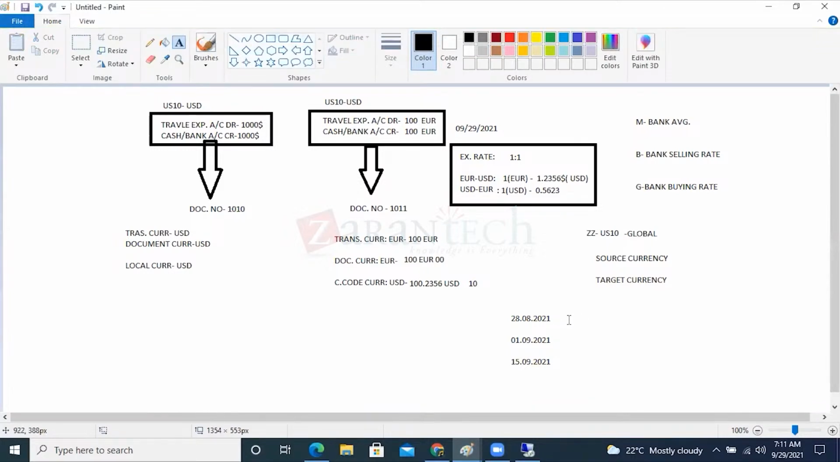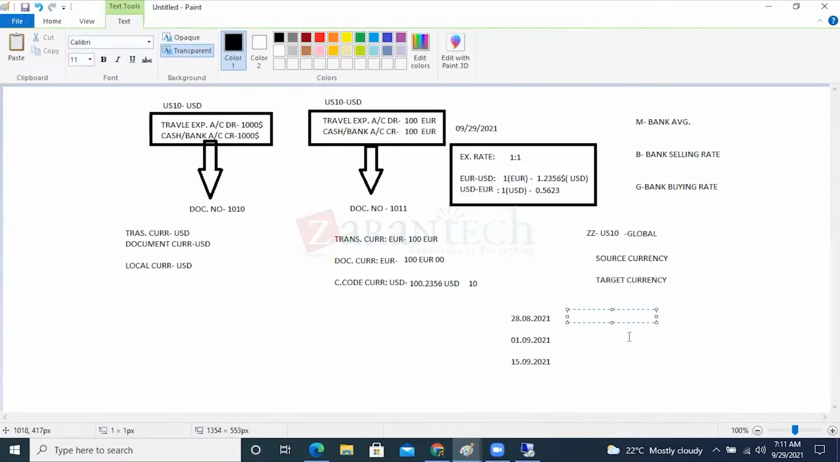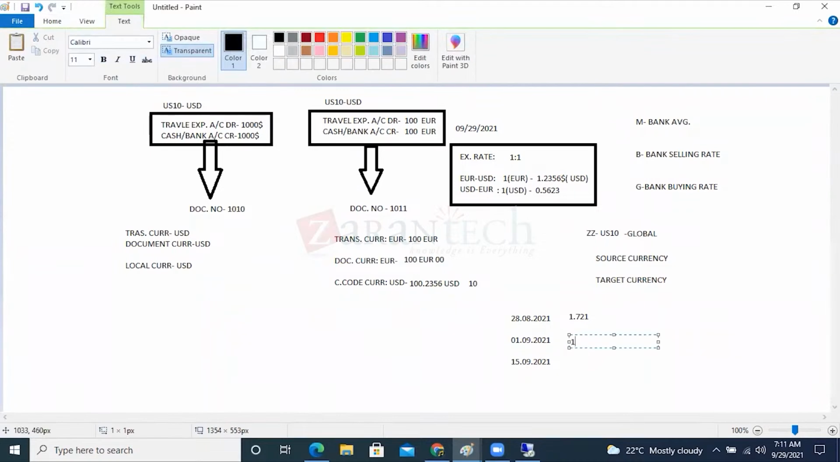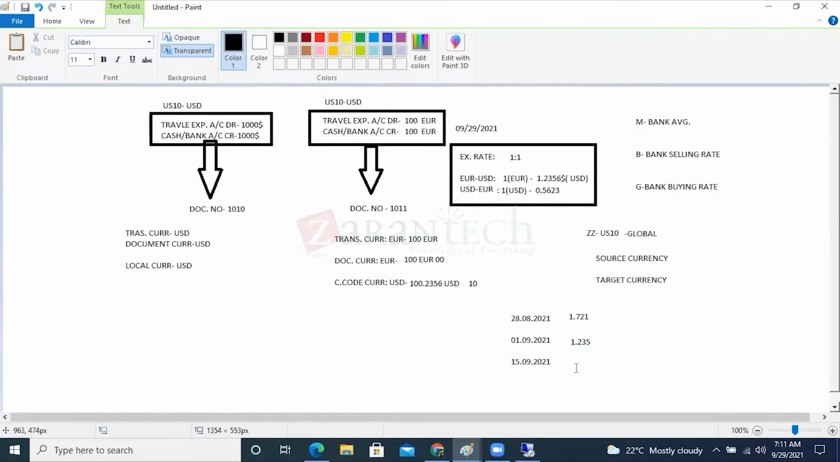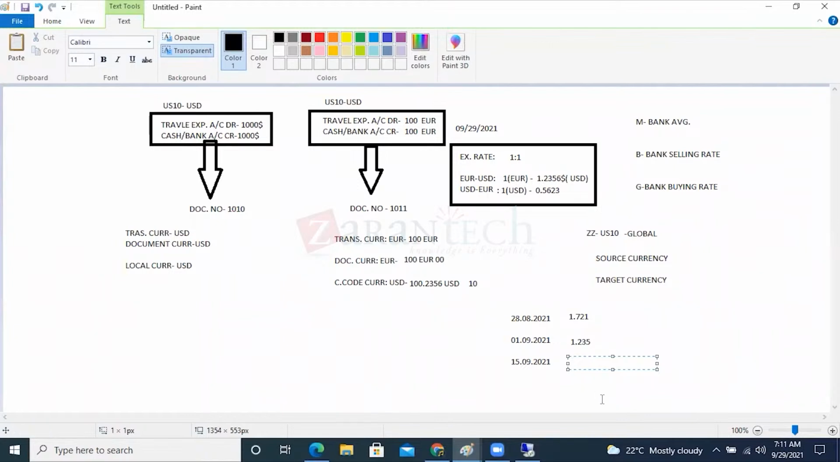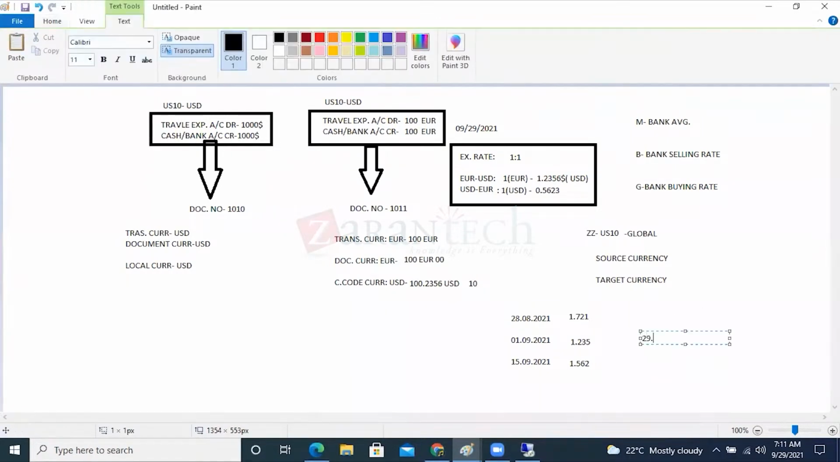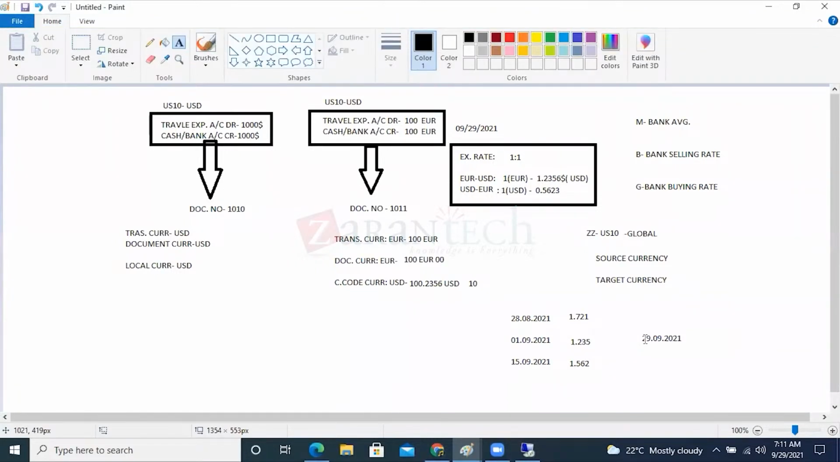On the first date, the euro to USD rate is 1.7121. On 01/09 it is 1.235 something. There is a decrease. On the 15th, it is 1.563 something. There are 3 differences. So today I'm posting a document dated 29/09/2021. I want to take the translation as on